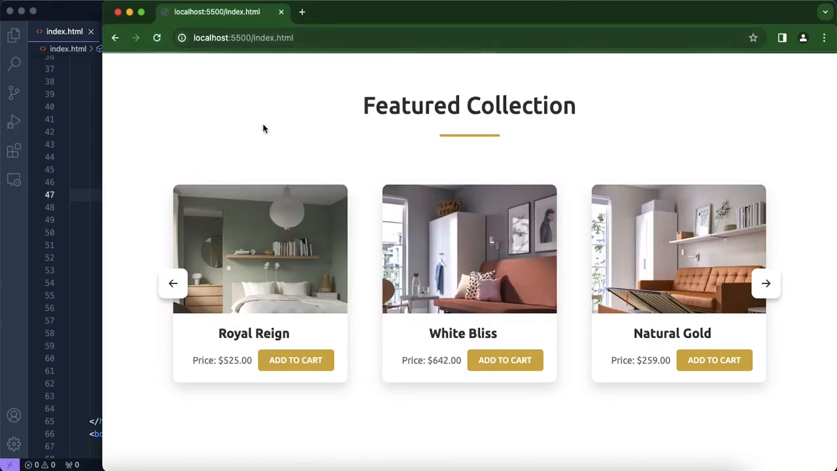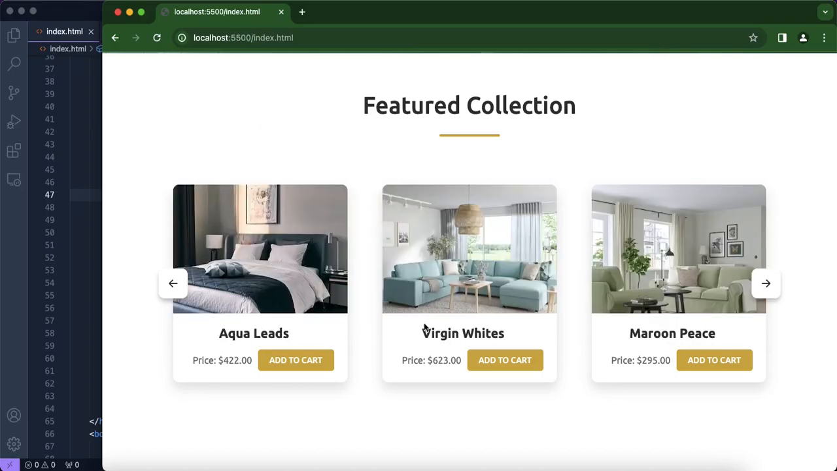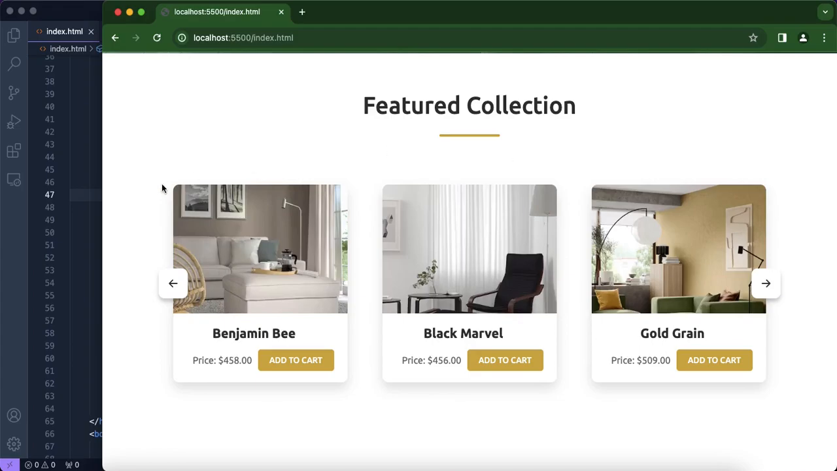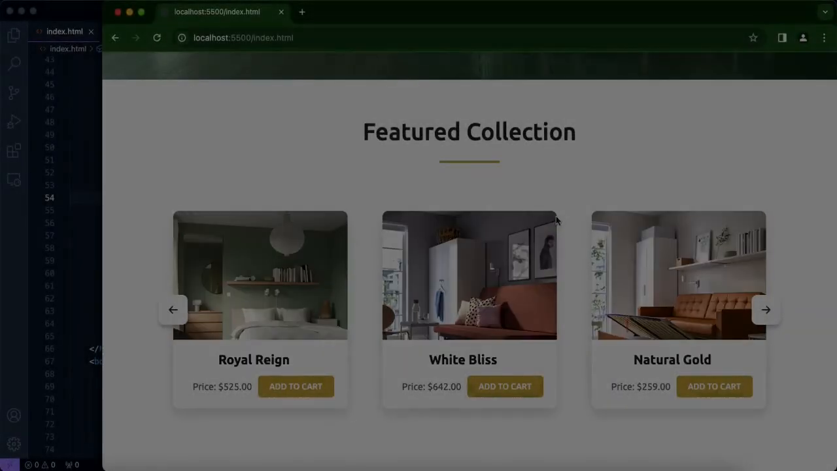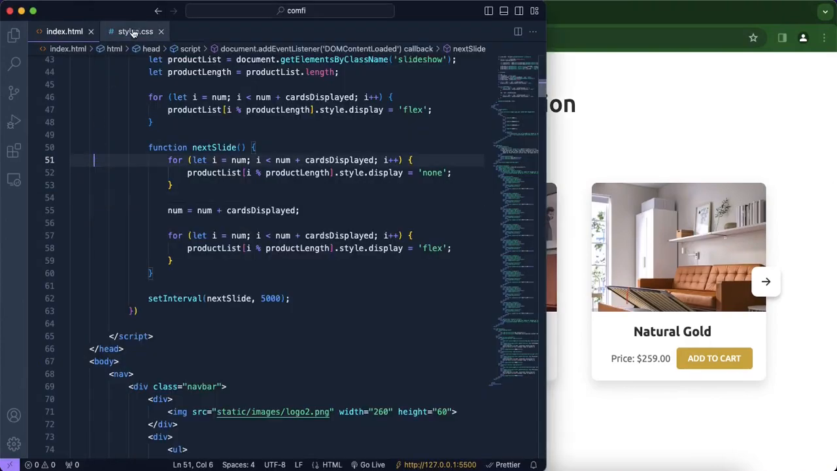Alright, so when we reload that, you can see that it starts with Royal Rain, White Bliss, and Natural Gold, then Aqua Leads, Virgin Whites, Marin Peace, so they're always different. So now that works. Alright, now that we have that fixed, we're going to go back to our CSS file,